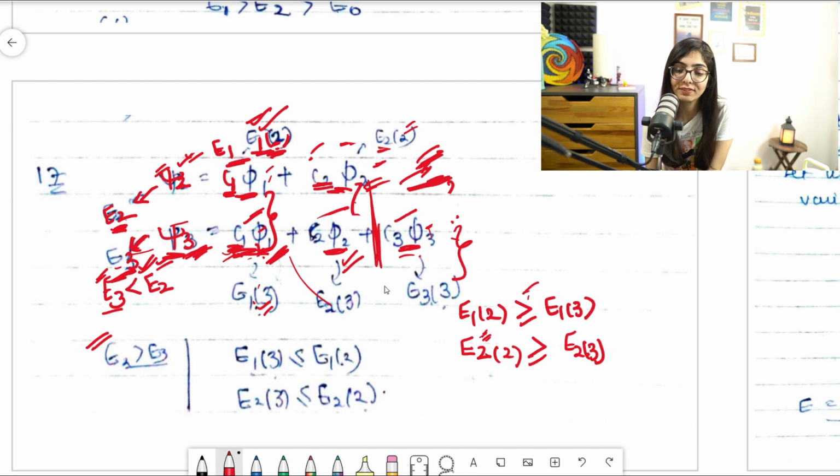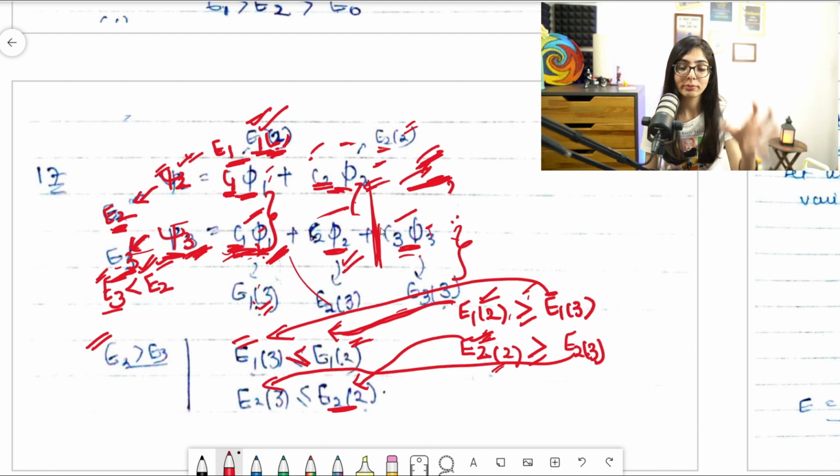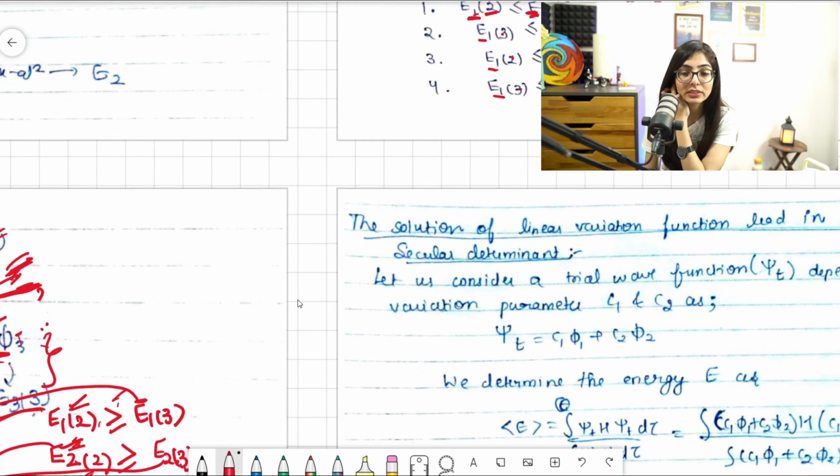So this I have written down as my results. The same thing is written here in a different form. This E13 I have written here, and E12 here. Same only, E12 will be greater, and the E2 of 2 will be greater. I have written this in the first phase and this in the second phase. This is the long method, and you can see which option it is matching with. It is matching with this one.